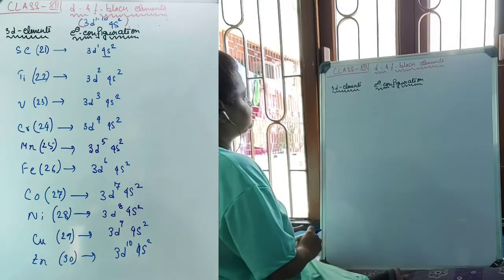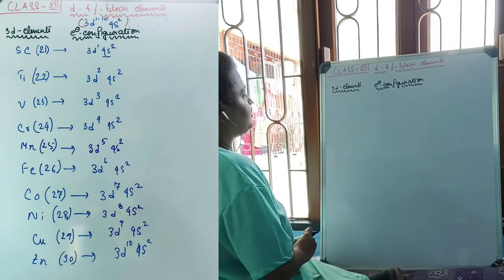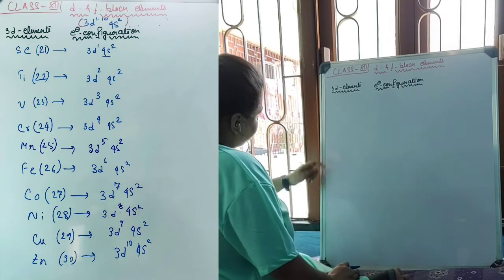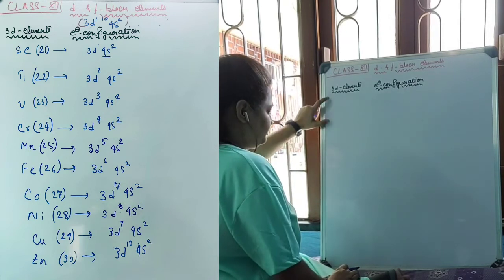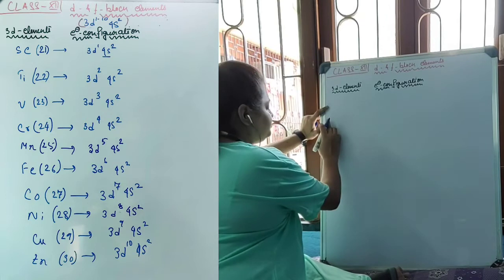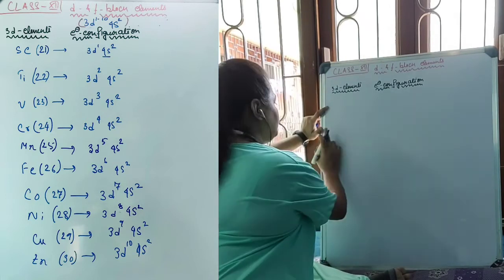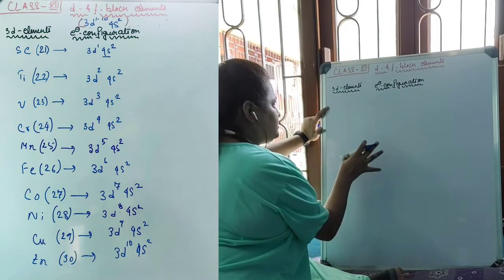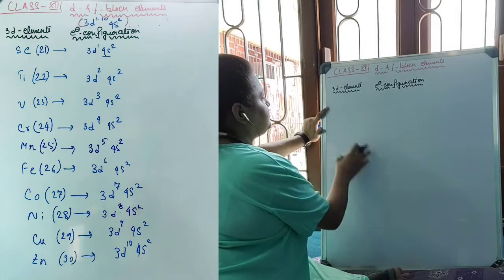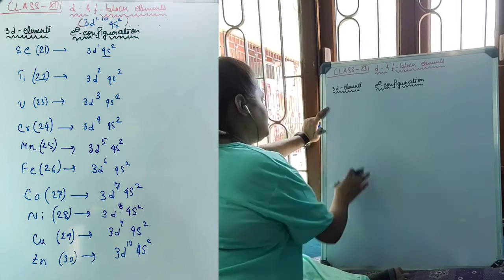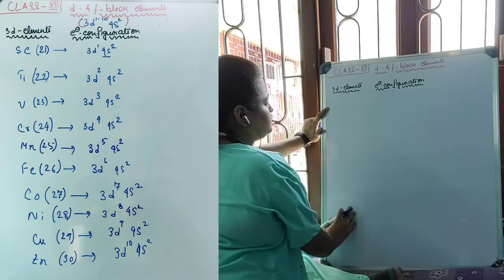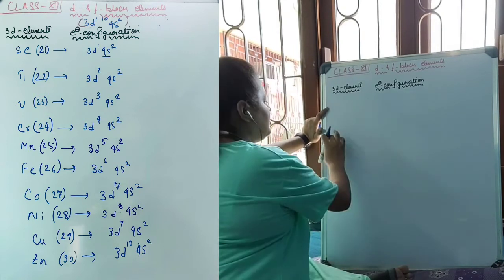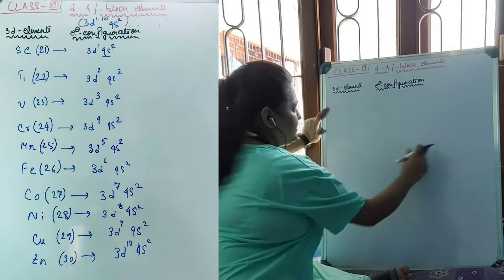The first transition series is known as the 3d series because the last valence electron occupies the 3d subshell. That's why the first series comprises group 3 to group 12, from left side to the right side in a period. But for our easier study we are going to study them from top to bottom. But try to remember, even if we study them top to bottom, they reside in the periodic table from left to right in a period.